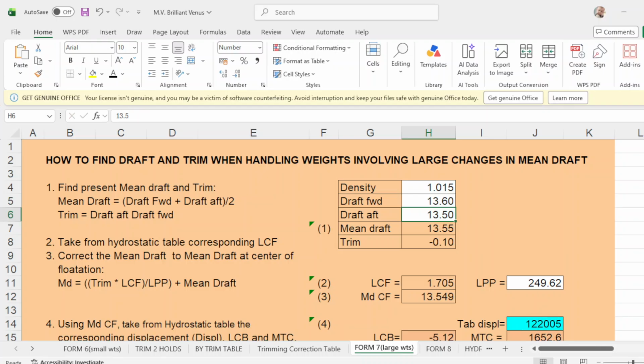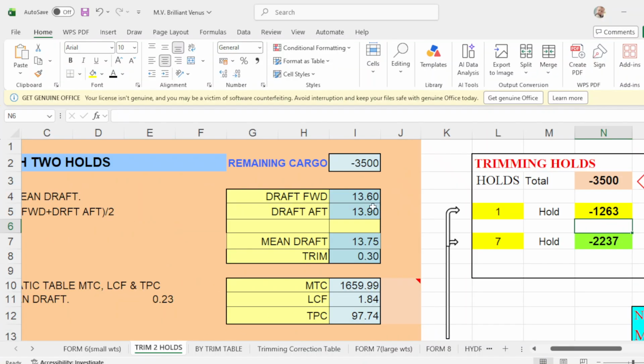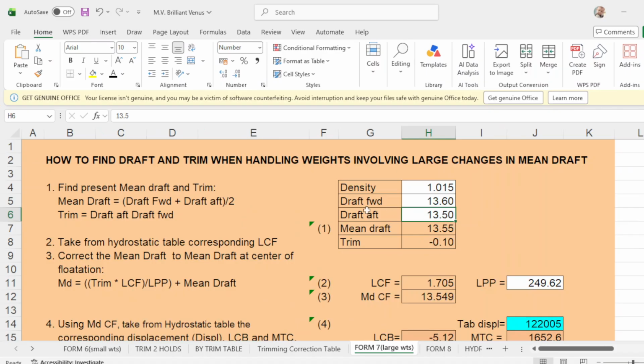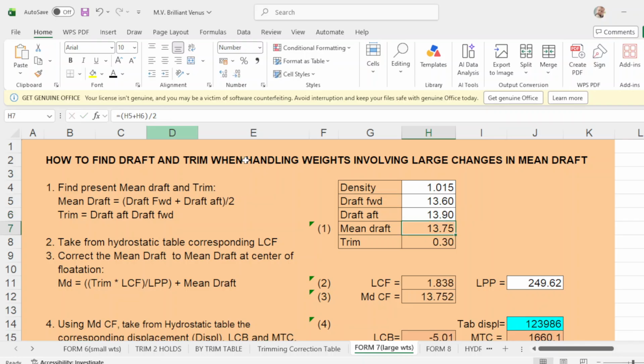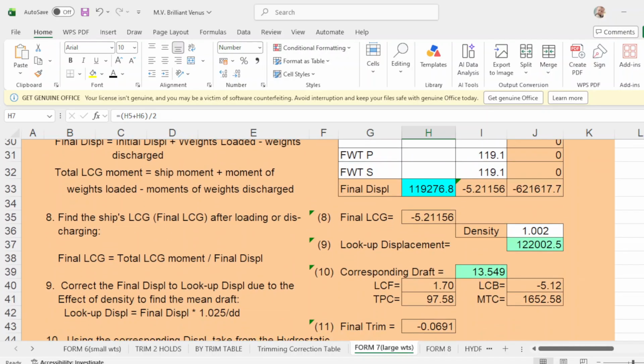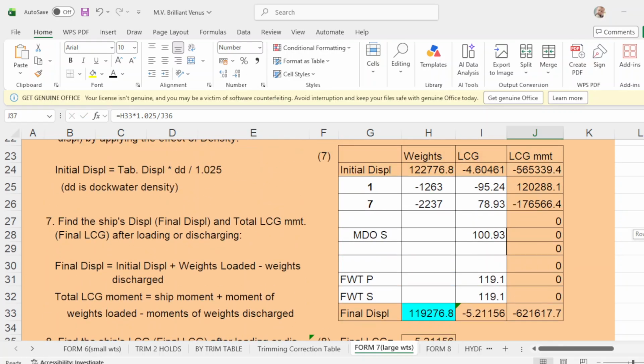And drop up will be 13.90. Then until completion, the density will also be 1.015. Okay. And scroll down.